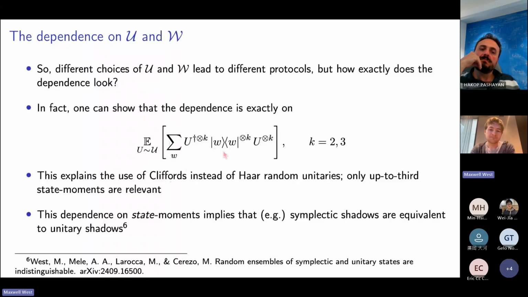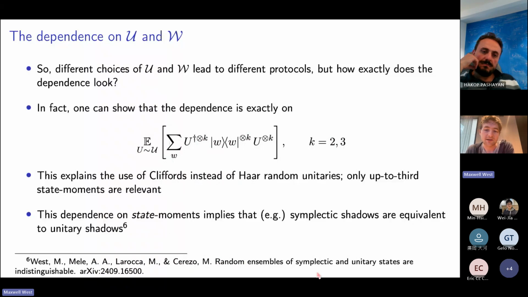So in particular, this explains a little why I kept saying Cliffords in the last few slides instead of, say, random unitaries, because the Cliffords are a unitary 3 design, if you're familiar with that, which means there's no benefit to using proper random unitaries for shadows, because the shadows are only probing quadratic and cubic moments. And not only that, they're only probing these moments on rank 1 objects. This is a reference to a different paper that I wrote with the same people, basically in parallel with this real classical shadows.